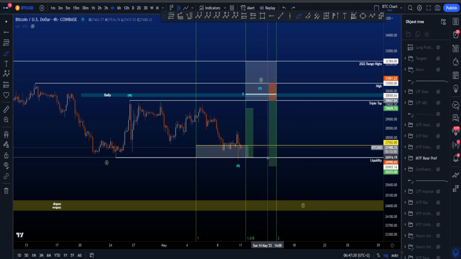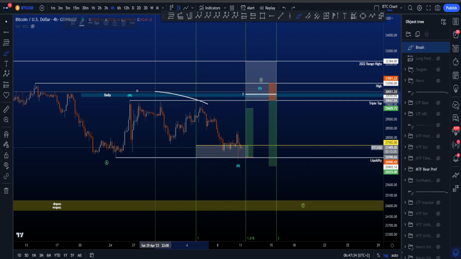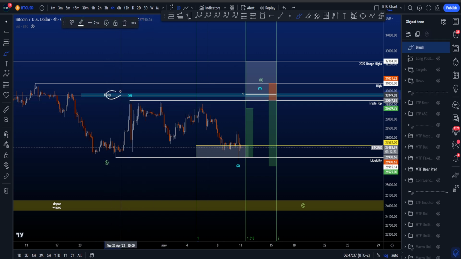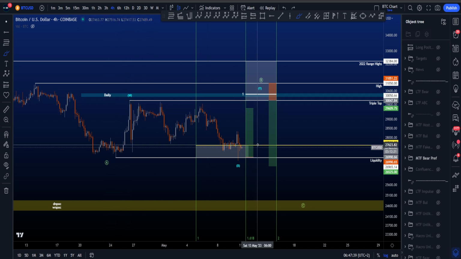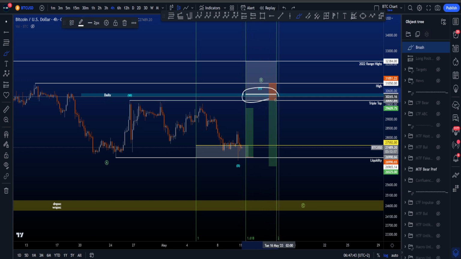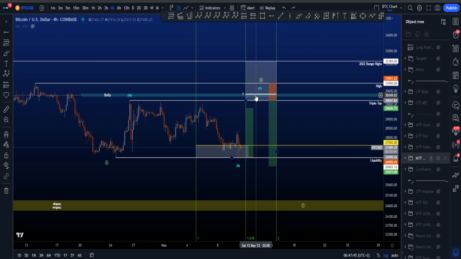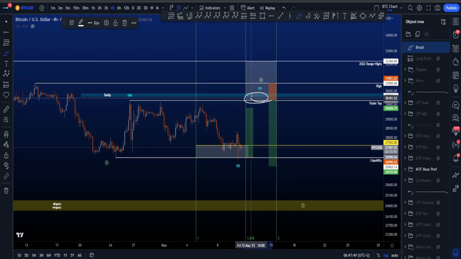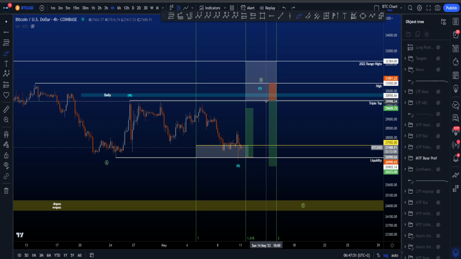So in this particular scenario, we are now expecting then a move to the upside, where we still have the triple top liquidity. We still have the target box between 30.2K and 30.4K for a little bit of resistance. And it is a very, very interesting area of confluence, where the 1-to-1 is actually an old target, so I can remove that. So we definitely have a little bit of liquidity over here, an interesting target box for some